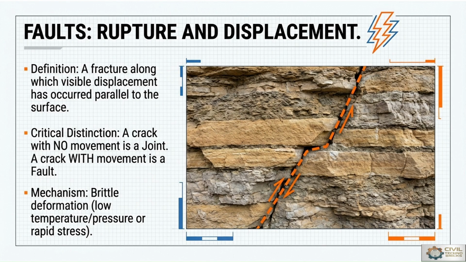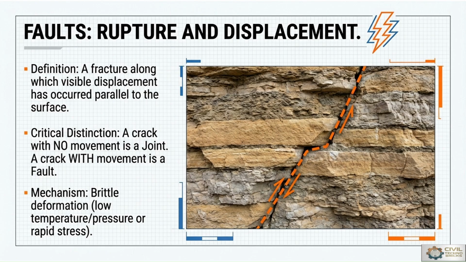A fault is a fracture or break in a rock strata where movement has occurred between two sides. Faults develop when tectonic stresses exceed the strength of rocks and cause deformation or displacement. The displaced zone becomes structurally weak and often contains crushed rock material known as fault gouge. With reference to civil engineering, fault gouge is highly important because it reduces rock strength, increases seepage, and may trigger seismic